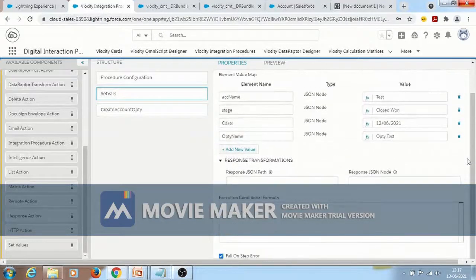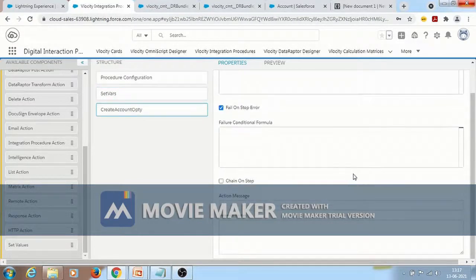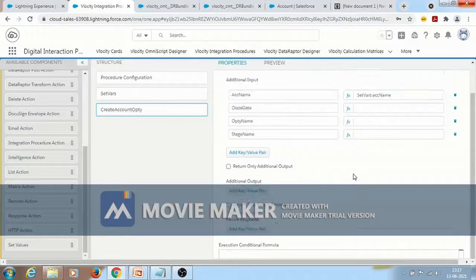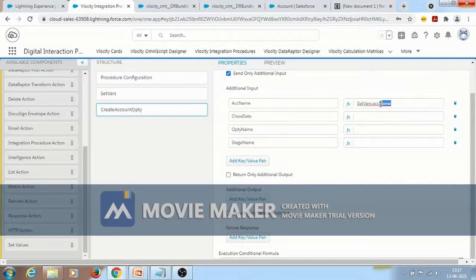Like this, instead of accessing this data, we need to write our name like this, so it will be accessible.